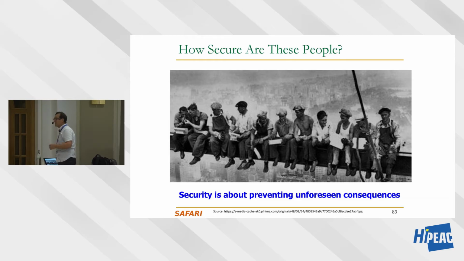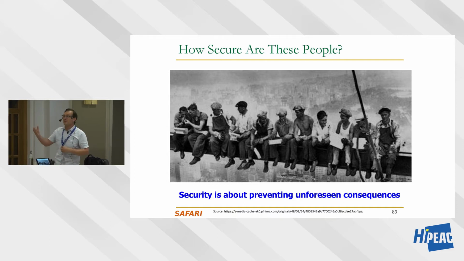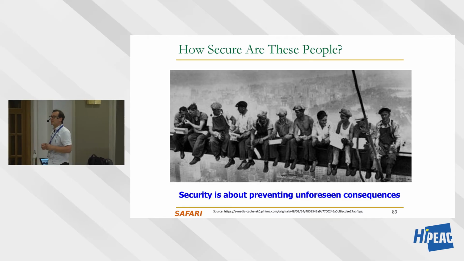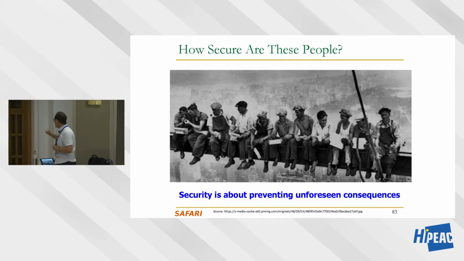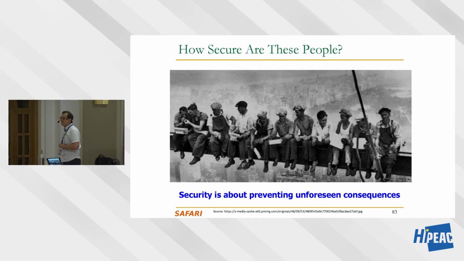So we're going to talk a lot about security and robustness, and this is, in my opinion, about preventing unforeseen consequences. And we should really think with this mindset, a future where we will see a lot of unforeseen consequences, because the infrastructure that we build in computing will be interacting with everything here on Earth and maybe outside in space, right? How do you make it reliable? And we're not very good at this, in my opinion, yet.